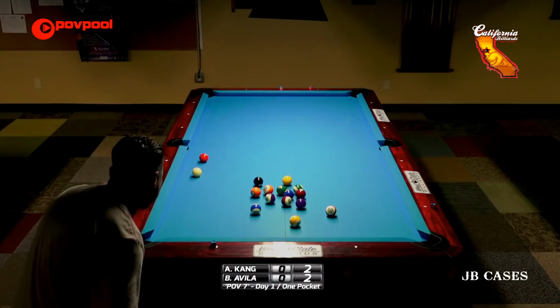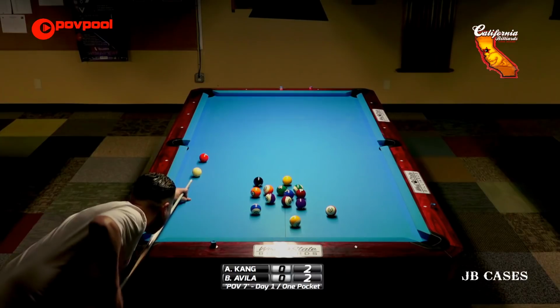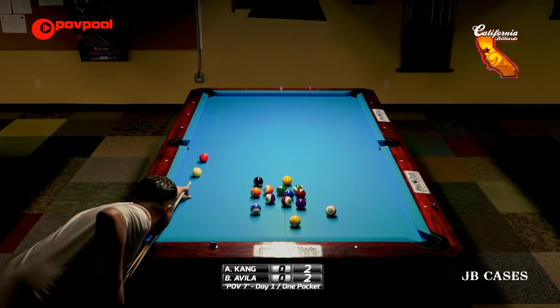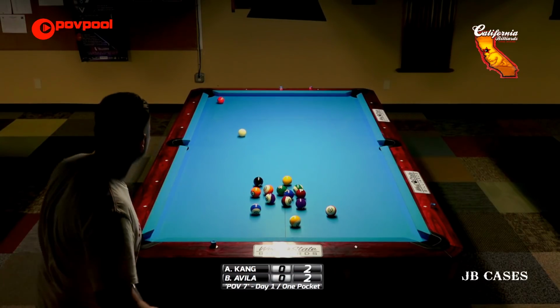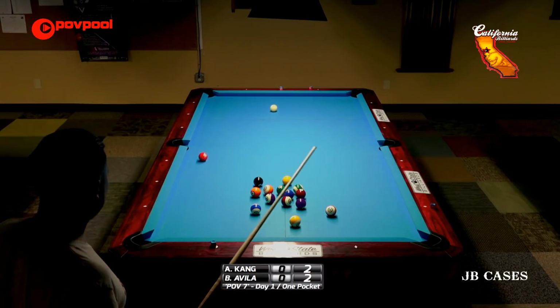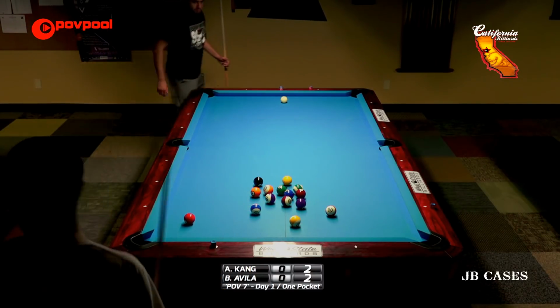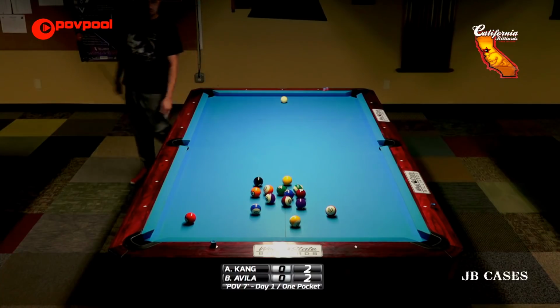Of course, Willie Mosconi was what, 5'10", 5'9". Bryce is going to try and bank the 3 ball. Yep, Bryce is going to bank that ball. I don't think he put enough spin on the ball. Okay, well,